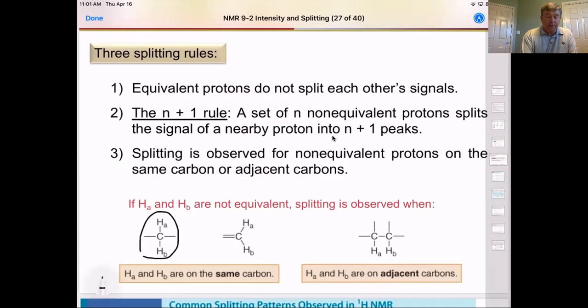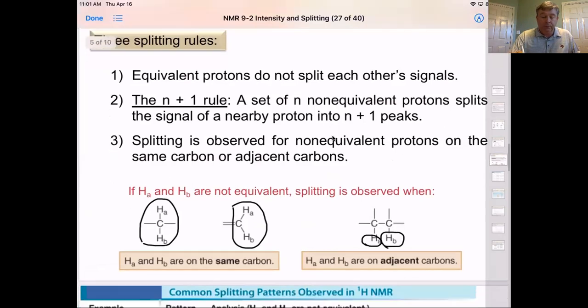These would not split each other, right here, and these do not split each other. However, both of these would split each of these carbons here. This hydrogen here will split this hydrogen here because they are 3 bonds apart. Okay, so now let's look at some common patterns we have based on how many hydrogens we have on adjacent